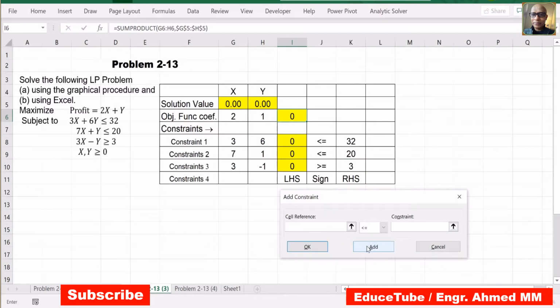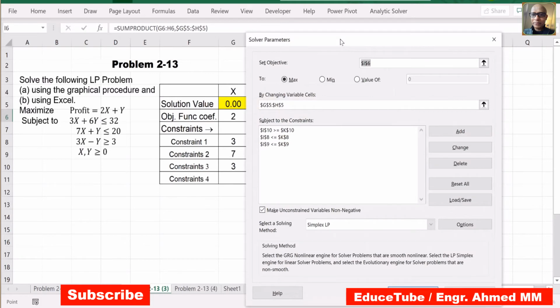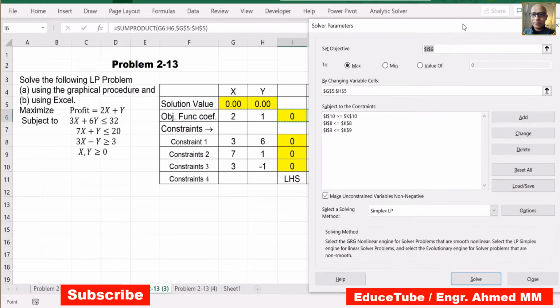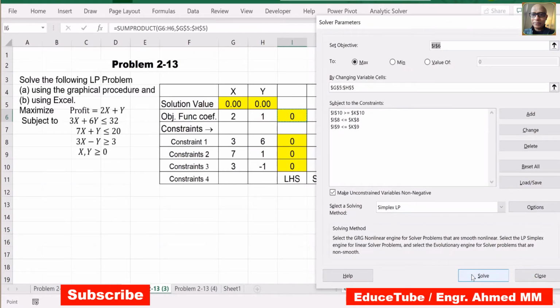Add. So 3 are added. So let's go to our solver sheets. So it is here. See, these 3 are selected. We will select a solving method, simplex LP. Now if we press solve,